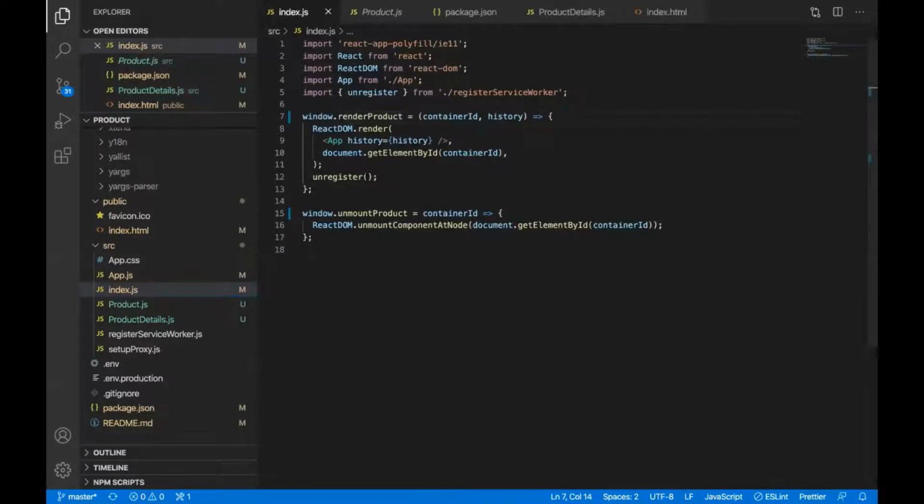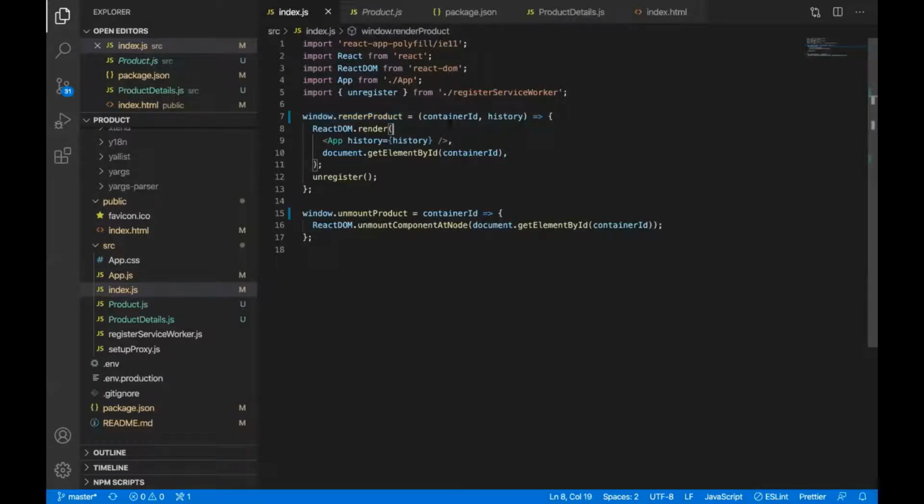Whenever the script loads, as I have already said, it will inject a method to the window global object. Whenever the JavaScript bundle file runs, it will inject a render product method to the window.